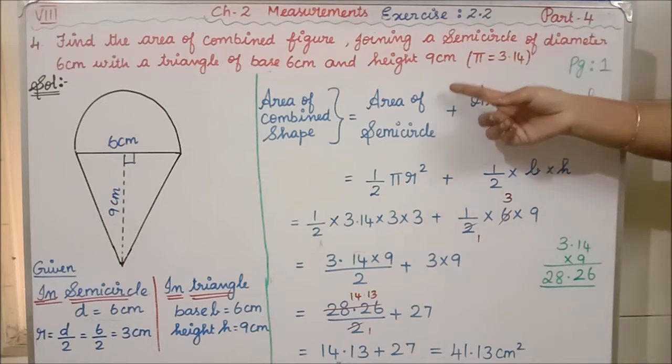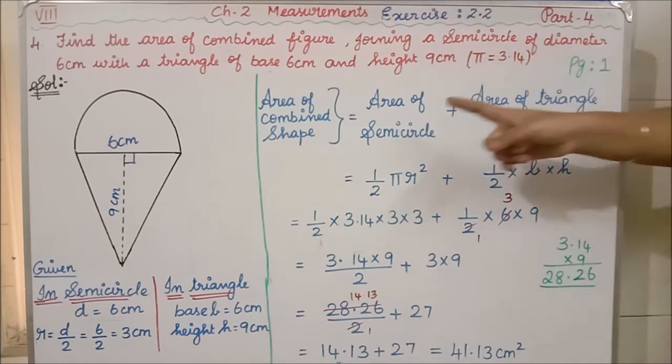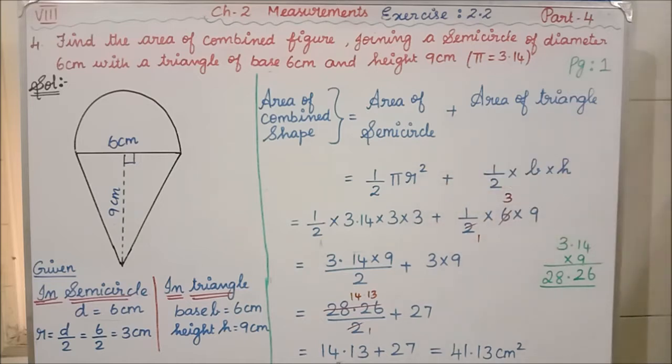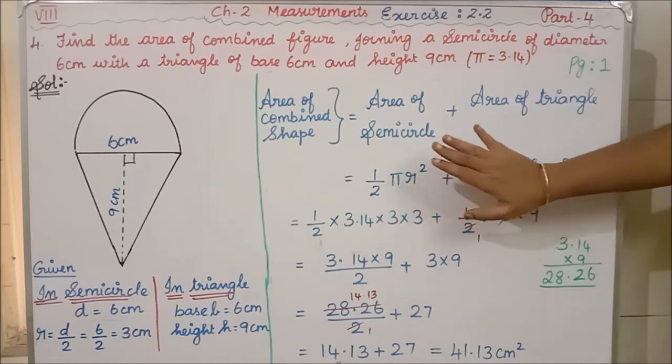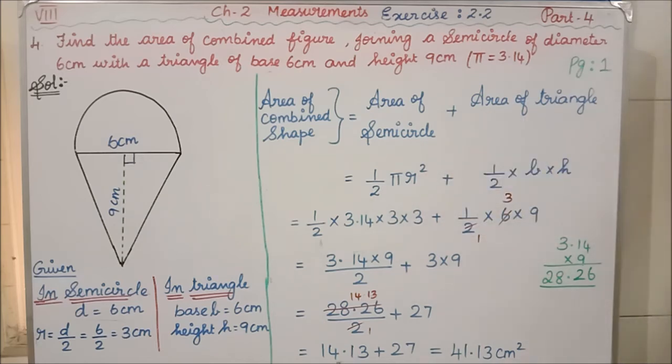Area of a semicircle formula is 1 by 2 pi r square. Students, in the last session I told you, no need to memorize the formula for a semicircle or for a quadrant. If they ask for the area of a semicircle, first think what the area of a circle formula is. The area of a circle is just pi r square. Semicircle means half of that, and quadrant means one fourth of that. So according to that you have to put the value before it.